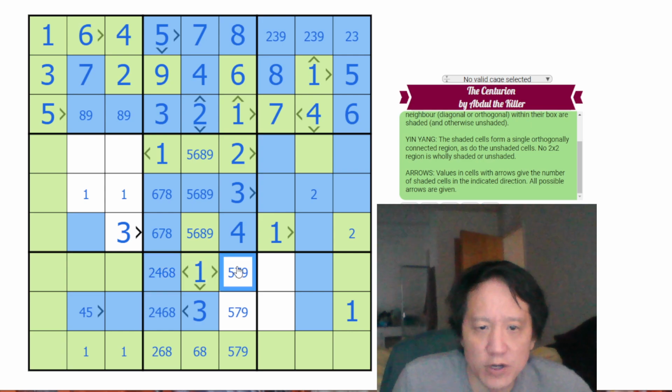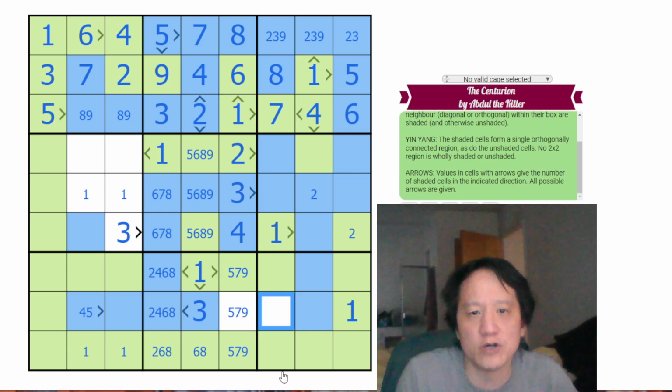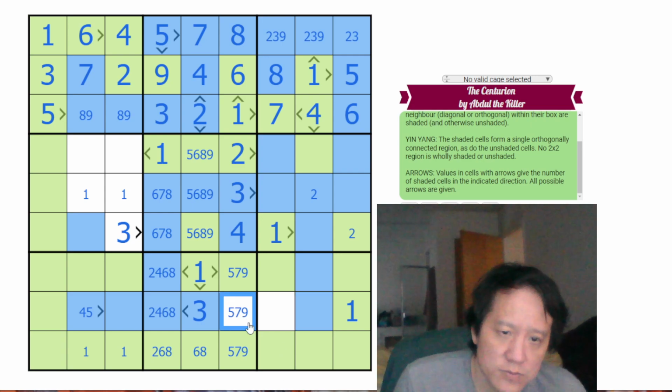So this is 1, which means these are unshaded, because we've already got the one that's shaded. This is 3. So both of these can't be shaded, but one of them. So one of them has to be unshaded, one is shaded. This is 1. This is 5, 7, 9. This is